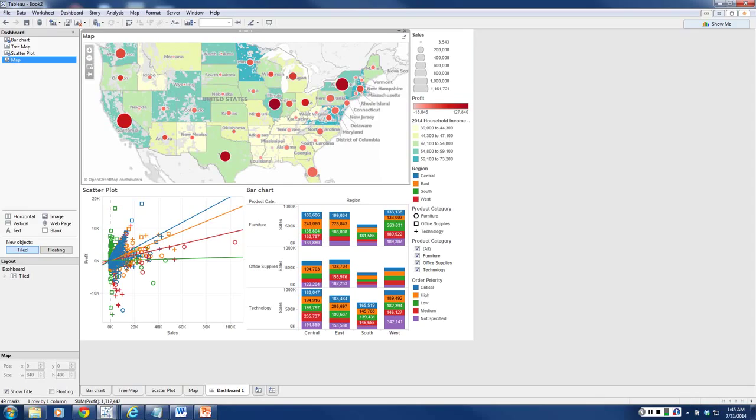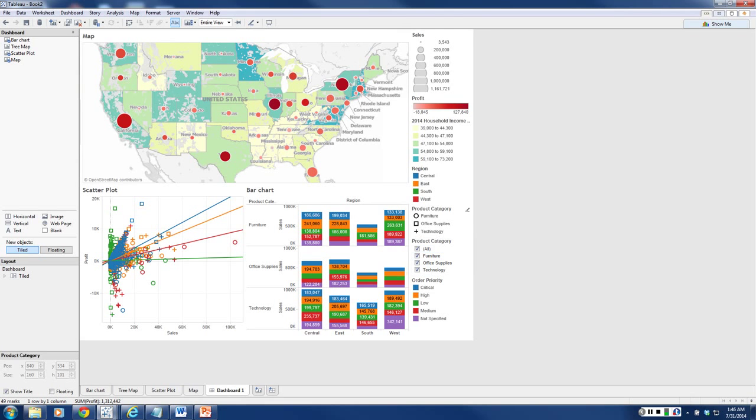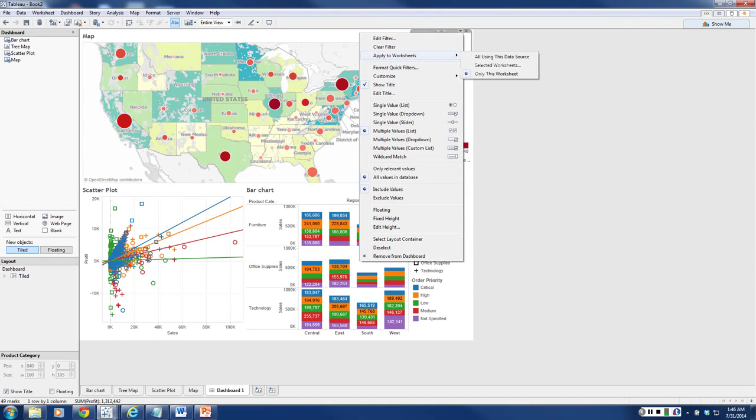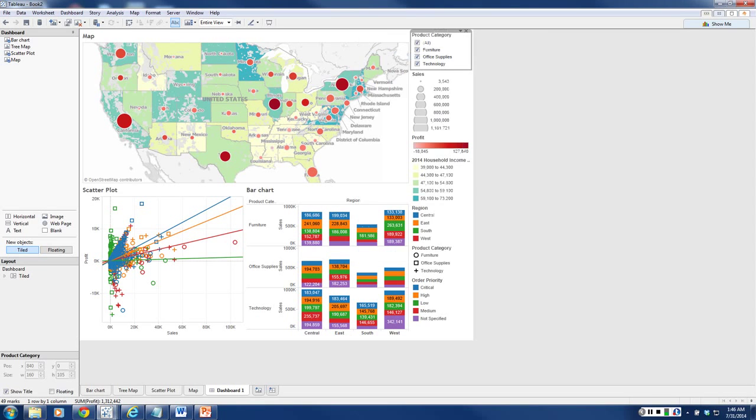First, as you see here, these are all labels. This is a label, this is a label, this is a label. This is not a label. This is something that the user needs to select. So I have to pull this up. I'll just select and grab it and pull it all the way to the top, and I'm going to make it interactive. So what I'm going to do here is click on it, and then select apply this filter to all the elements of the dashboard that are using this data source. Now because everything is using the same data source, if I click on that, you will see